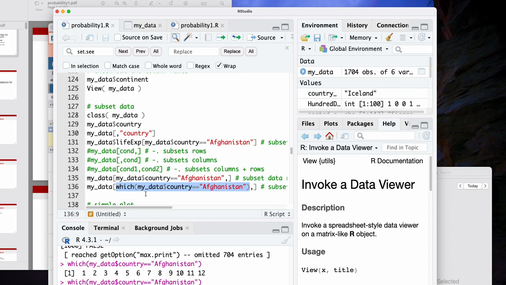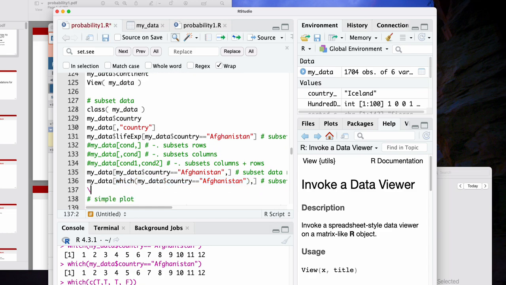That basically means this is equivalent. If we have which of true, true, true, false, this will return 1, 2, 3, because the 1st, 2nd, and 3rd elements are true and everything else is false. So it's just going to return the trues. I bring this up because in some cases, if you have an NA, the logical operations can sometimes cause problems.